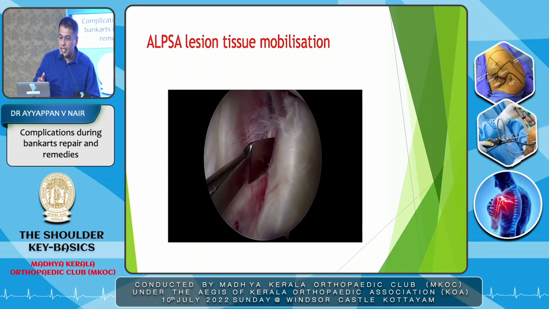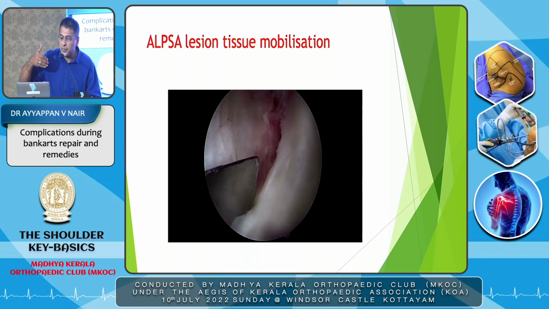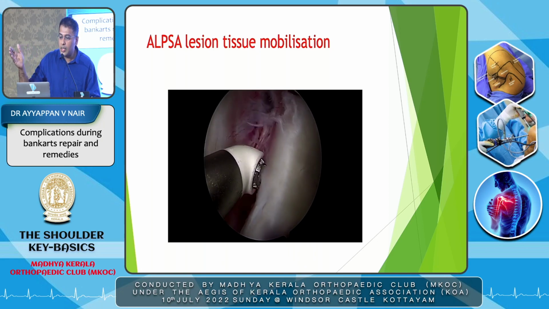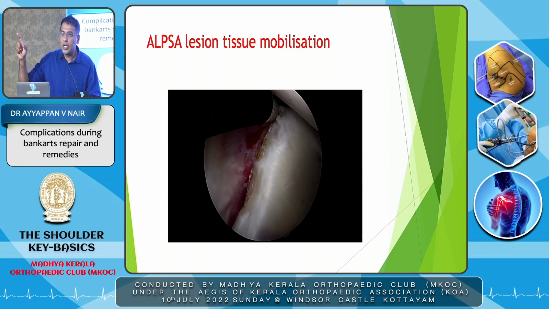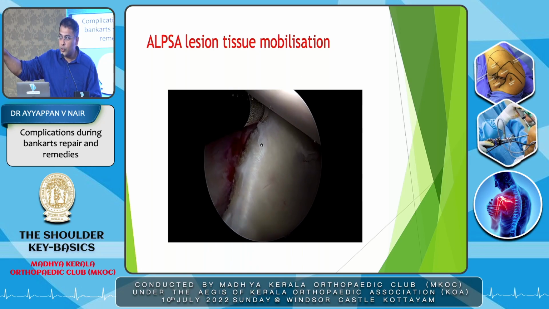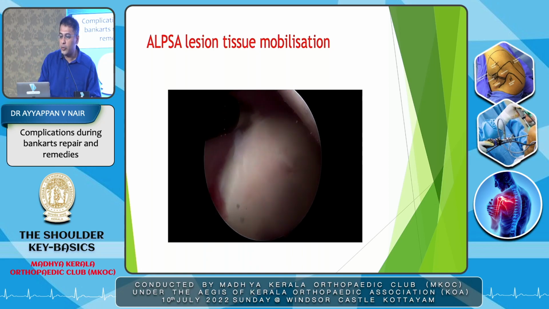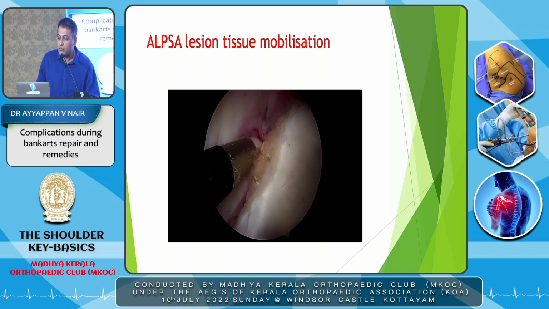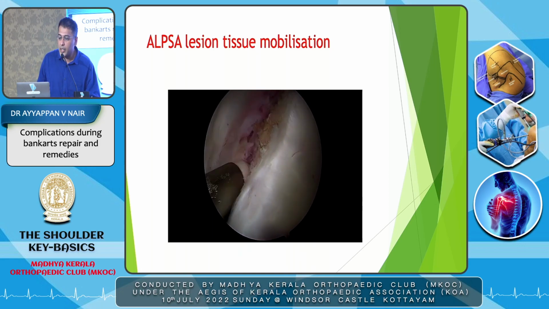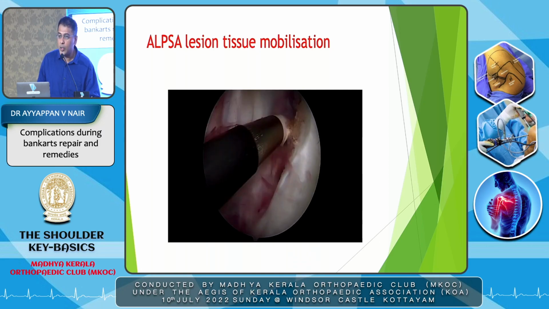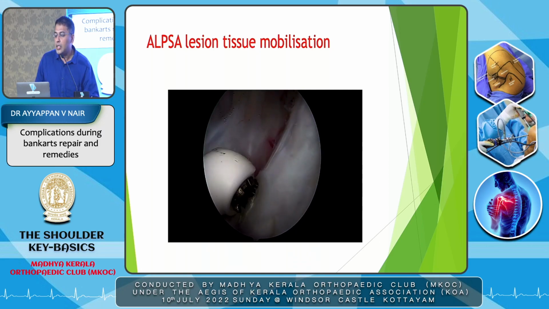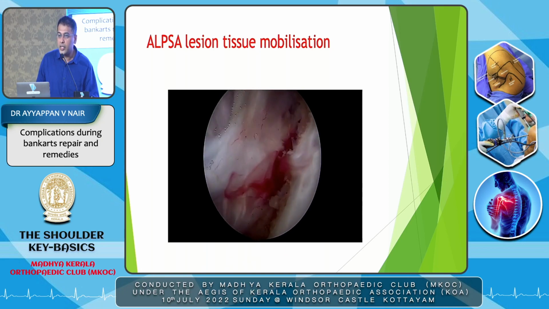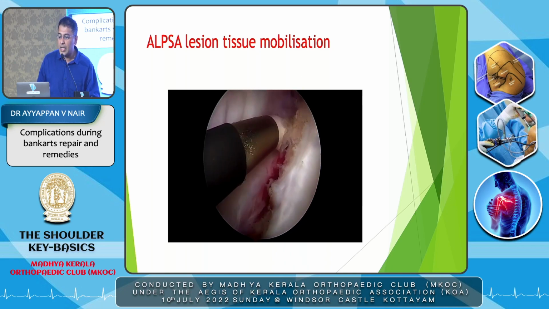elevation is the key. You can start elevating from up, from the 2 o'clock position, and slowly come down to your 6:30. At 6:30, you definitely find your labrum. That is the other end of your labrum. So from that end to that end, you can definitely pick it up. So I'm going to 6 o'clock and going up the labrum. Especially in this kind of scenario, I use the RF. I'm careful with it. I go onto the bone. I use the RF not only for elevation to a certain degree, but also because